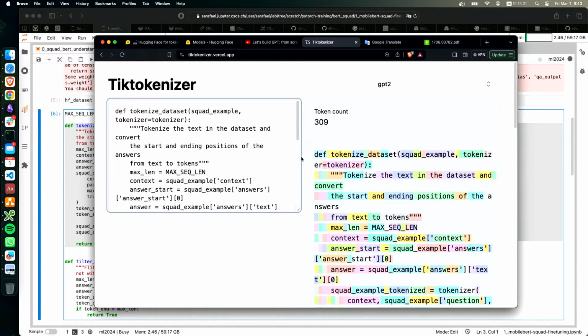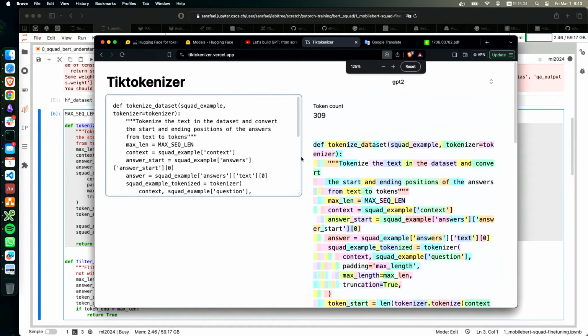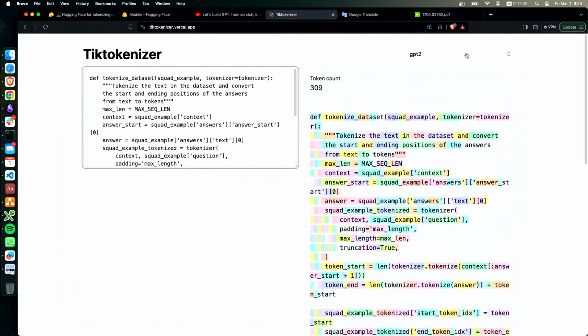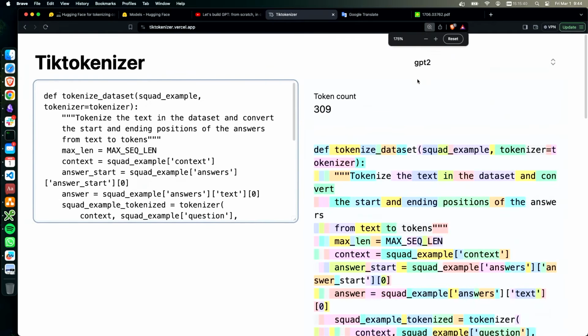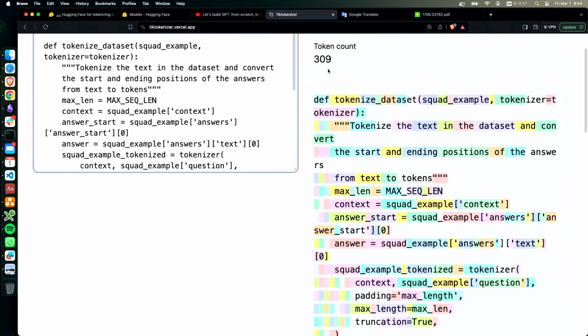I think I can make the screen bigger. Okay. So in Python the indentation is an important part of the code. It's not optional. And here, if we tokenize it with the tokenizer for GPT-2, we see that